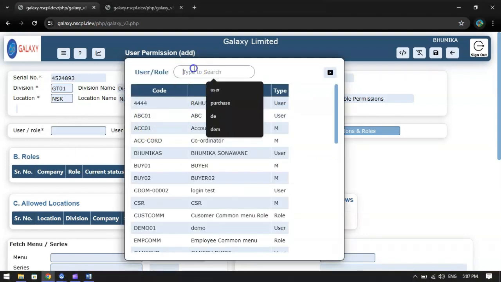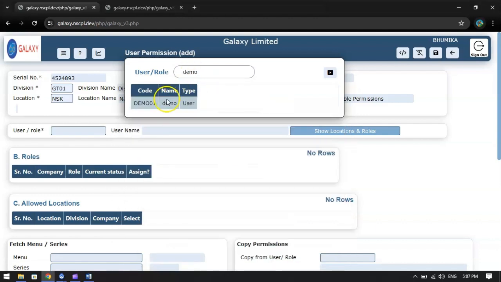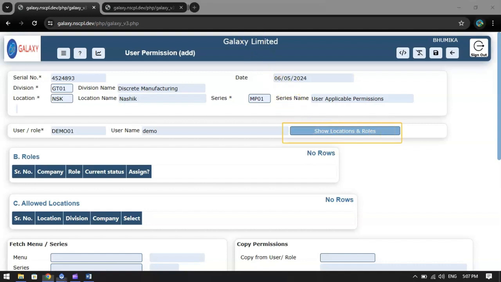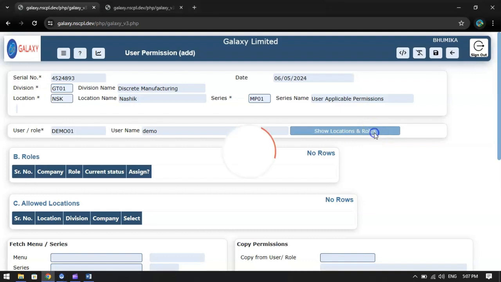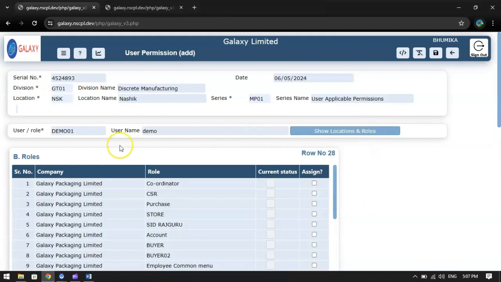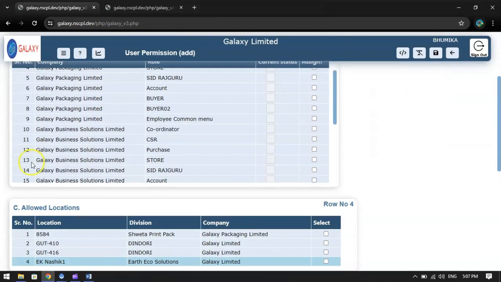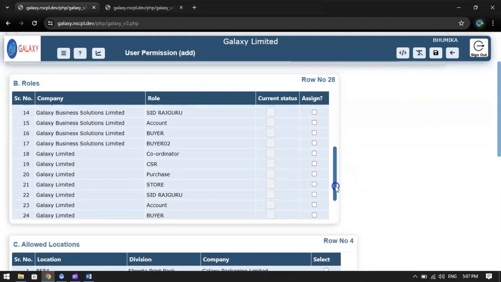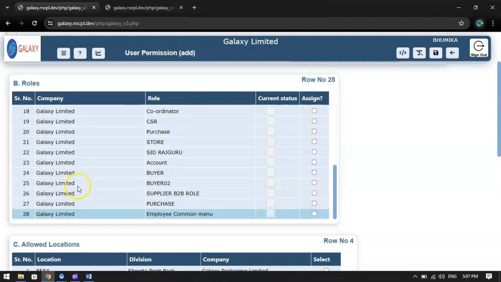Select the user we just created before. Click on Show Locations and Roles to fetch relevant combinations. Select the role we just created before.